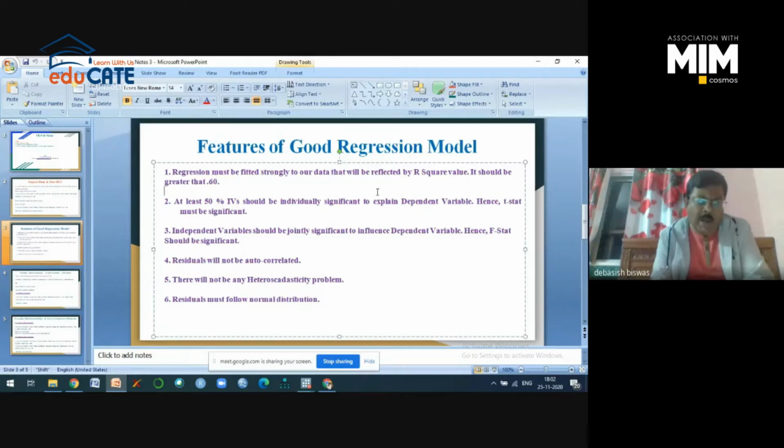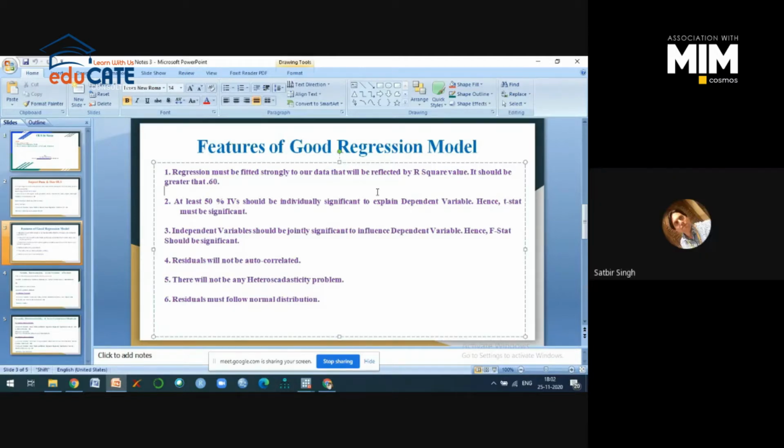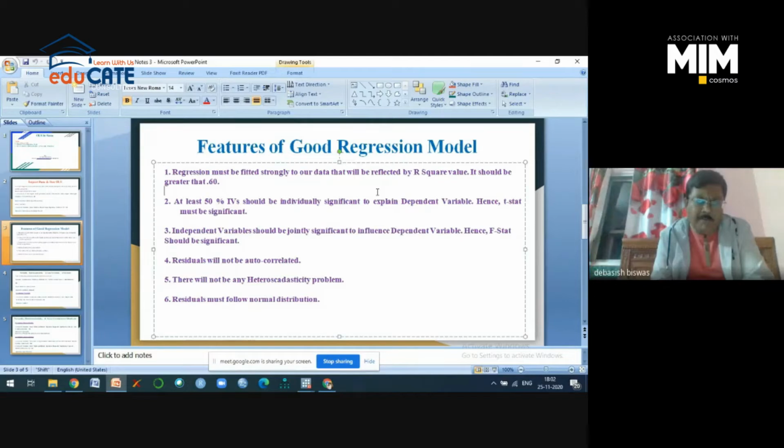So error means our observed value and our expected value. The difference is called error, right? Your actual value and your predicted value. So if the difference is there, obviously that difference is called error. So the second is that at least 50% of independent variables should be individually significant to explain